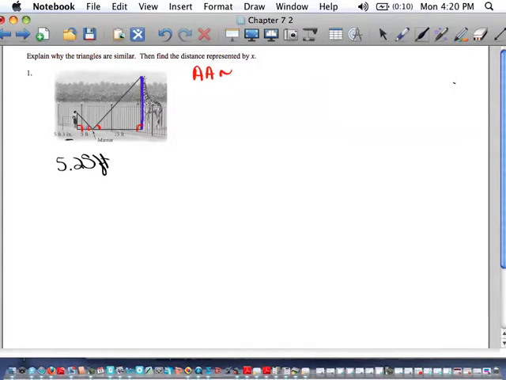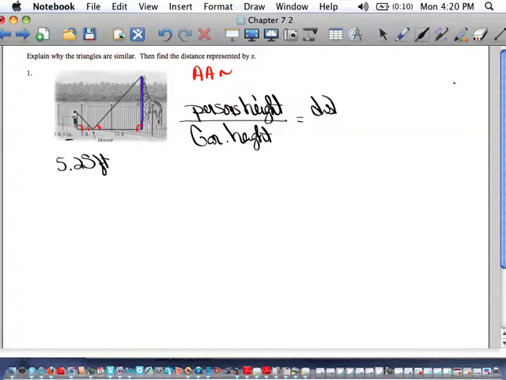So now I'm going to take the person's height and the height of the giraffe is equal to the distance the person